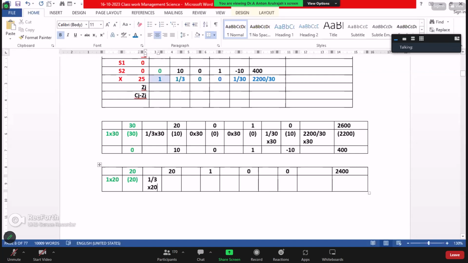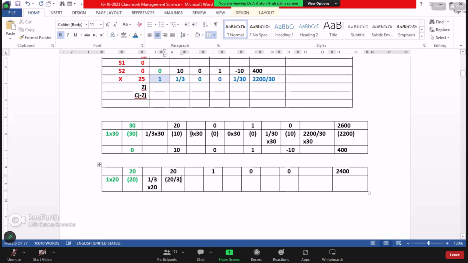It's about 20 by 3. Okay. Then this 0 has to multiply by 20, that is 0. Then this 0 multiplied by 20 is also 0. Then 1 by 30 has to multiply by